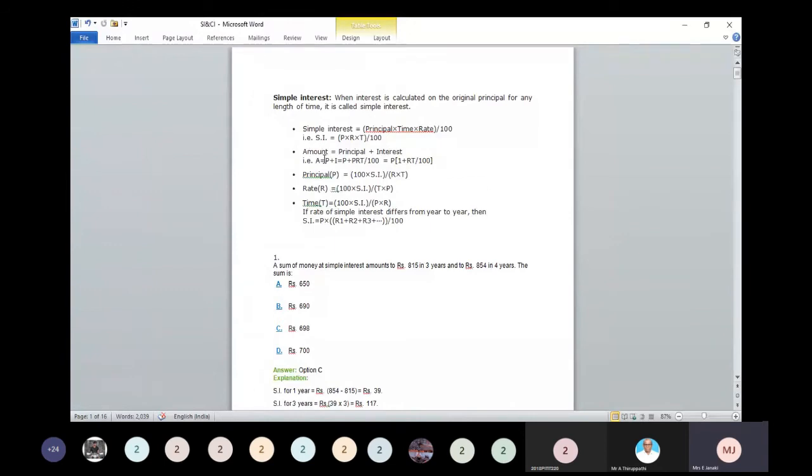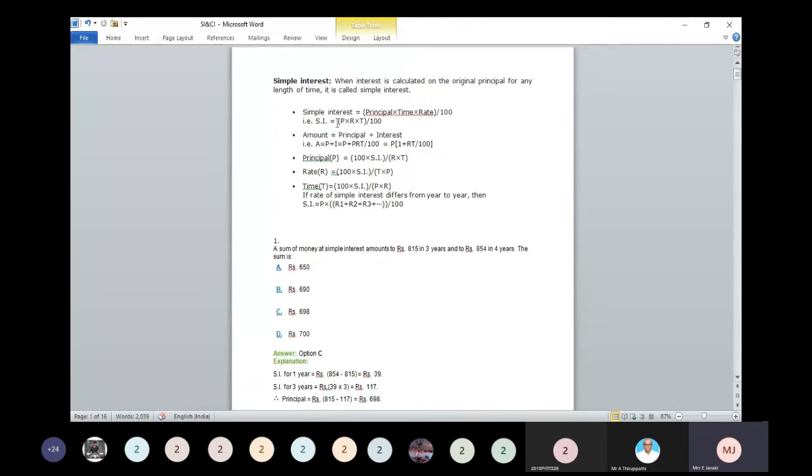And the total amount after 1 year or after 2 years, what is the total amount? For investing some amount for 2 years or 3 years, what is the total amount? To calculate that amount, the amount is equal to principal plus interest. Interest means simple interest, using the formula PRT divided by 100. And principal means the amount we invested initially. So principal plus interest is equal to the total amount.